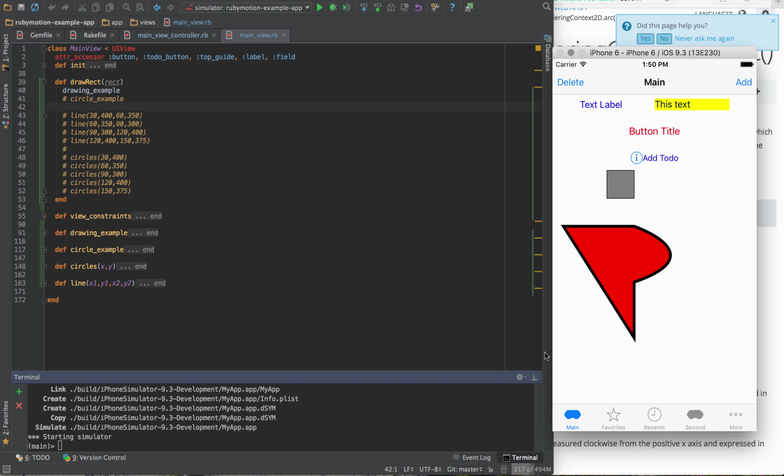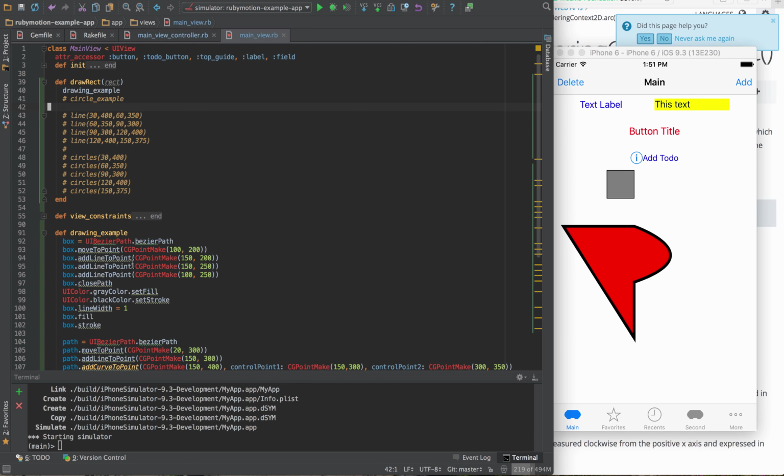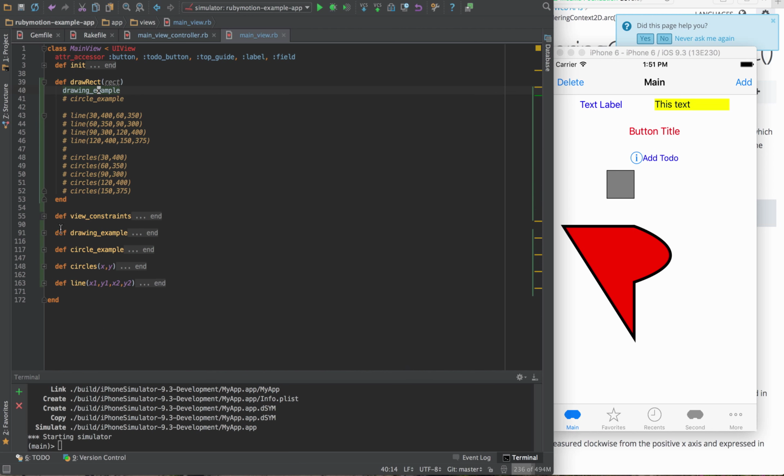In our previous video, we created this square here and this random shape that shows you how to curve your drawing or path within the view. I've placed that into a method here so that we can clean things up a little, and that is currently the only uncommented example in here. So I'll just comment that out,